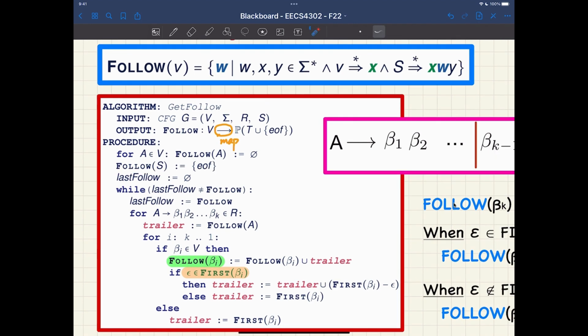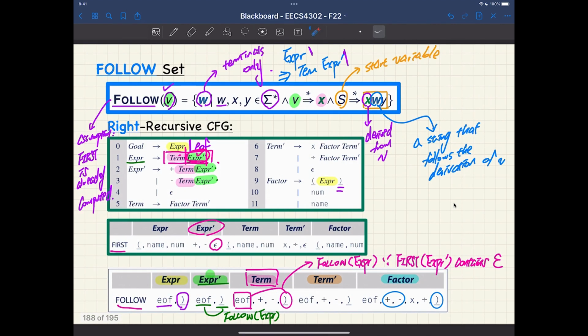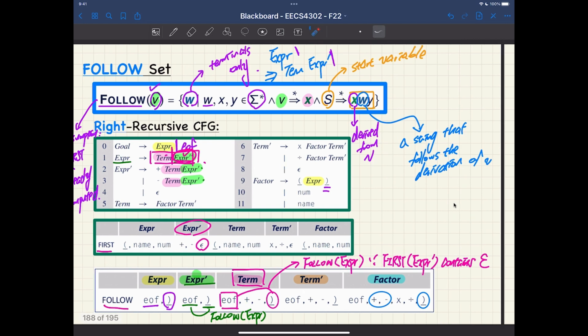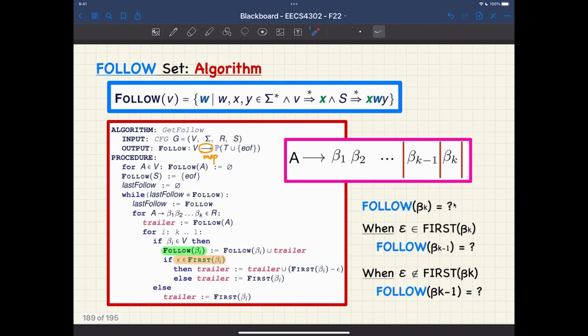If you remember that little case we talked about, for example here, the goal is the start variable. It itself has always got EOF at the end, always. Okay, just remember, that's what we should start with, always. And just a little reminder over here, this is the start variable. And this part over here, like a last follow, initially empty, and then we want to check to see while